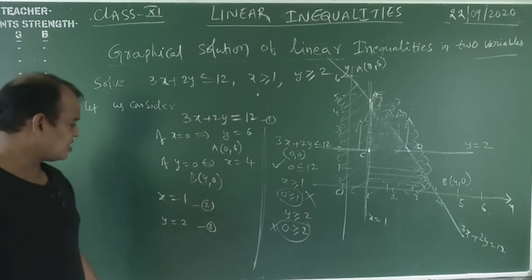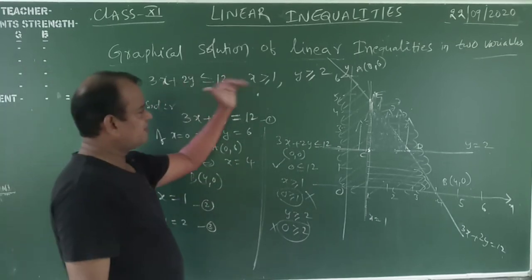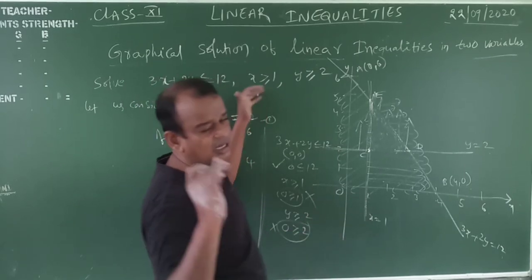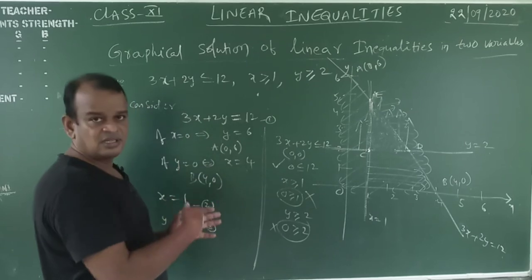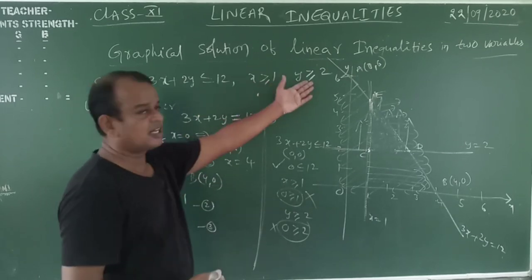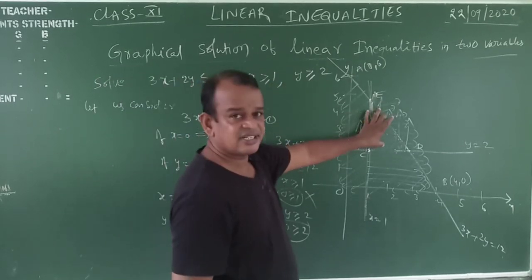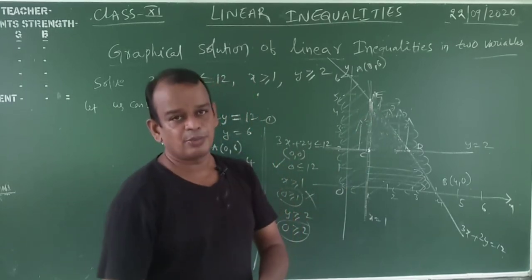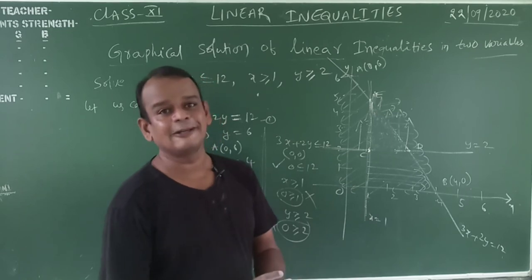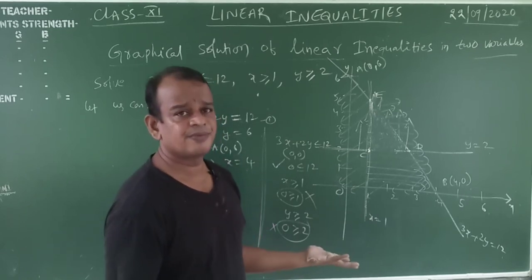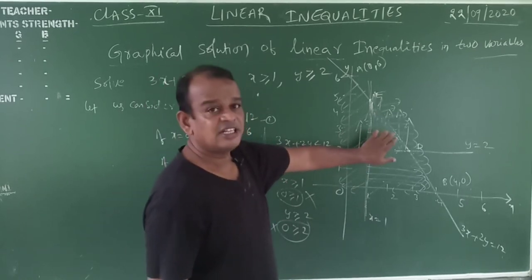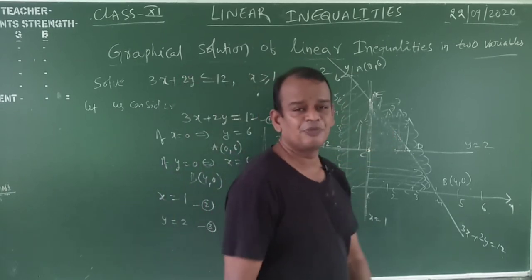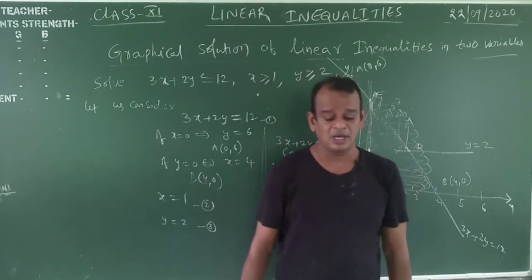Simple. We draw the graph for the first line, we draw the graph for the second line, and towards the origin or above the origin, clearly observe and draw the lines. Those three lines are given, which means the three lines intersect. The intersection of the three lines is called the solution part of the given inequalities. In this way, simple problems. The shaded region is called the solution of the given inequalities. I hope that you understood the problem.